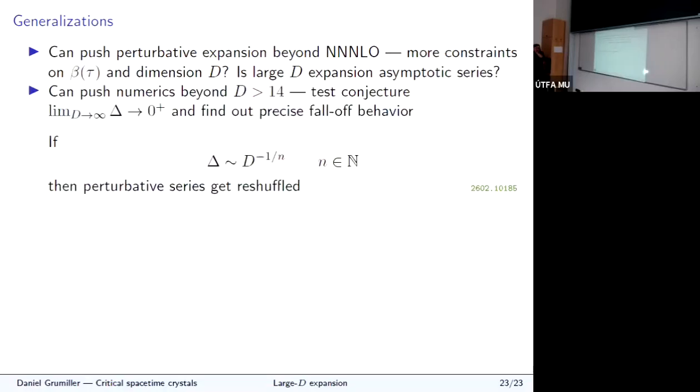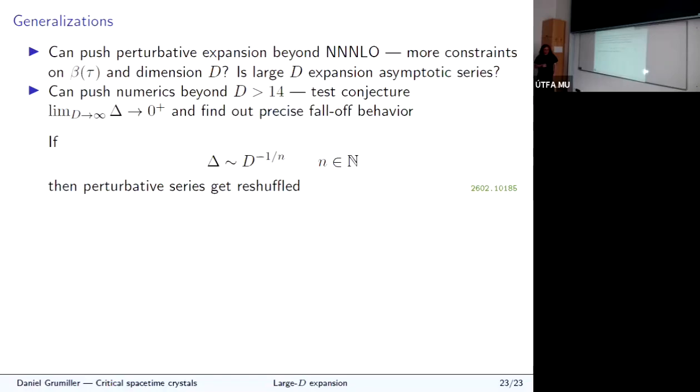On the numeric side, it would be interesting to push the numerics beyond D equals 14, which is the current upper limit. And the reason why this would be useful is because we have this conjecture that the limit of D going to infinity of the second period goes to 0 from above. And not only that, for this large D expansion, it's actually kind of important how delta goes to 0. For our work, we assume that it goes to 0 in a way that is not monomial of this type here. But if delta goes to 0 like D to the minus 1 over n for any integer n, then